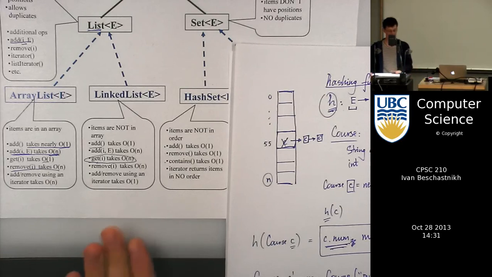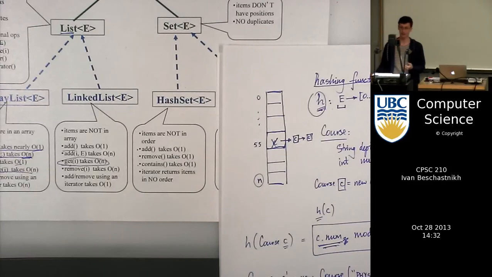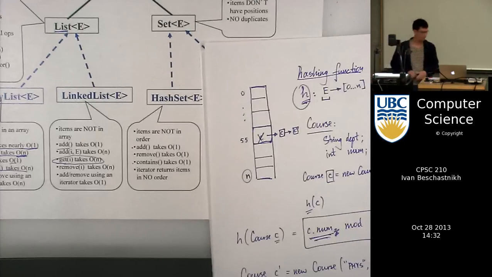So when would you use a linked list and when would you use an array list? Okay, so that's important. And then the hash set and this hashing function business is really important in order for you to write the proper hash code. Because when you write the hash code method in your classes, that's exactly the hashing function. So let's look at an example of hash code